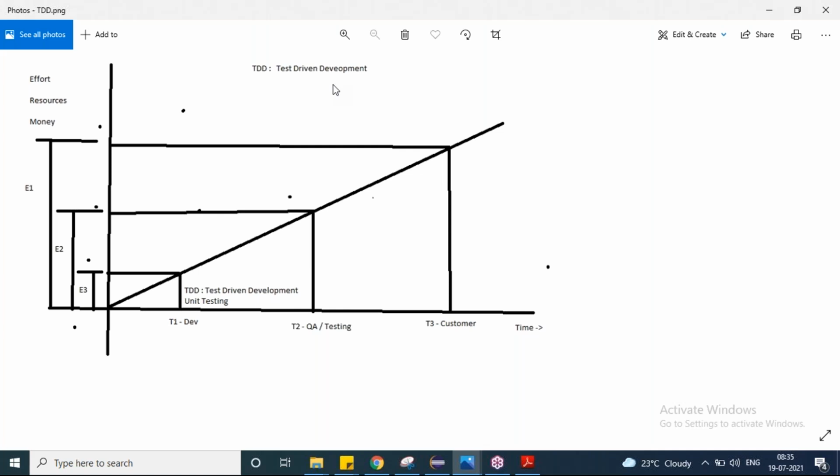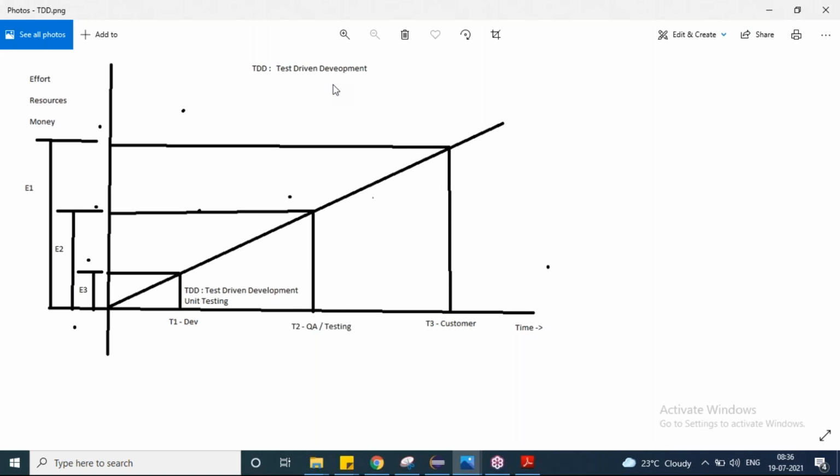If you have written 100 lines of code, each and every line has to be covered. For example, you have written code with if, else if, else if, else. When you're testing it, your logic should go into the if condition first time, second time else if. Let me say I have A and B. If A is equal to B, I have to do something. If A is greater than B, I have to do something. If A is less than B, I have to do something.